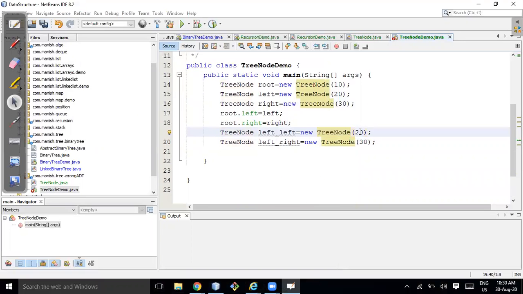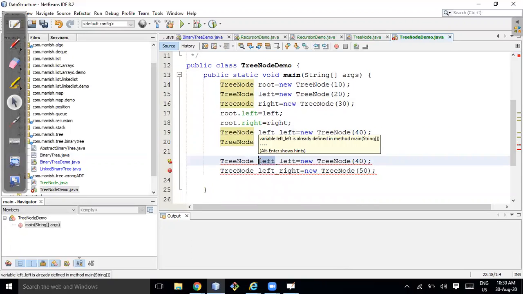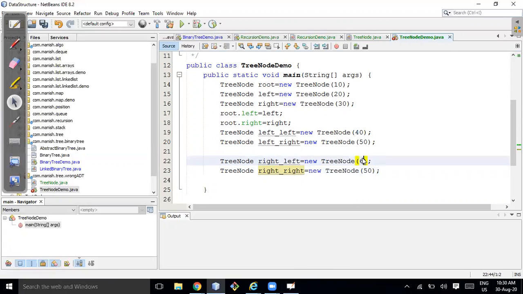Now I'll create two more nodes, this time right of left and right of right. And here I have values 60 and 70. Sounds good.